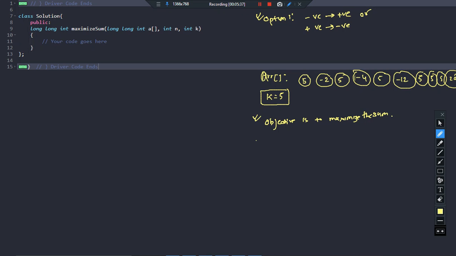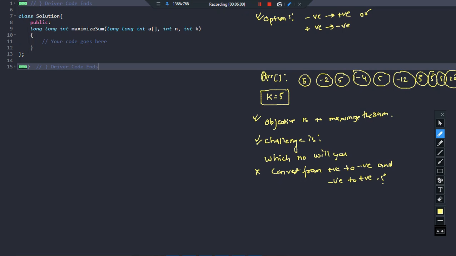So the challenge is which number will you convert from positive to negative and negative to positive, isn't it? This is the thing that we have to give a second thought to. Which is the number which I should pick from this, because there are many negative numbers and many positive numbers? So which of the numbers should you pick?